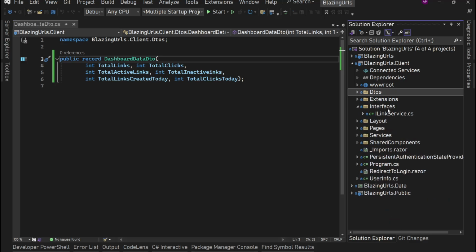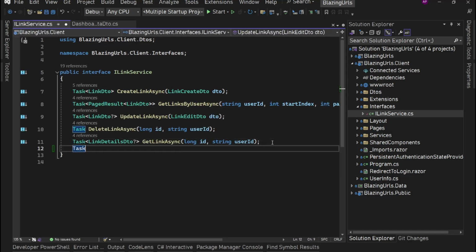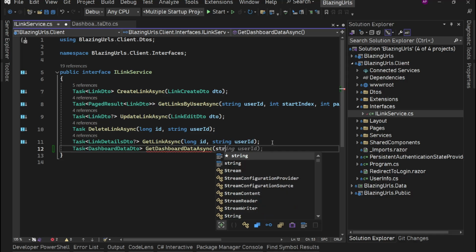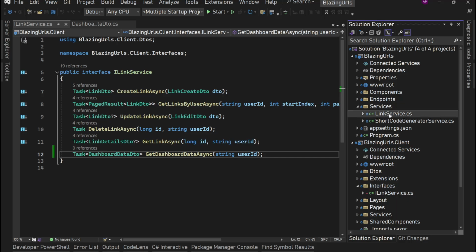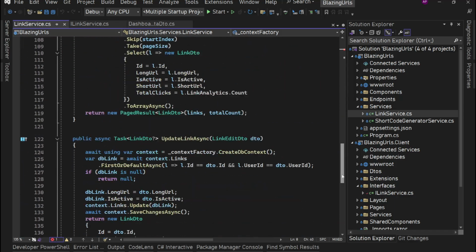So we'll go to interface first, ILinkService, and here we'll say Task of this DashboardDataDTO GetDashboardDataAsync, and here we'll provide string userId. We'll provide dashboard data for this user. All right, now let's go to our main project and services, LinkService, and here let's implement this method. Let's go to the very end,